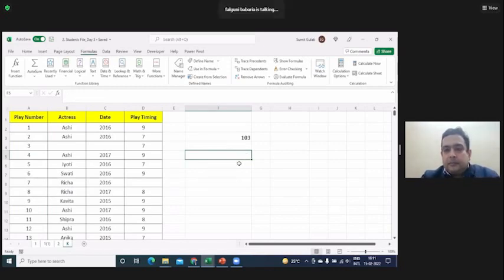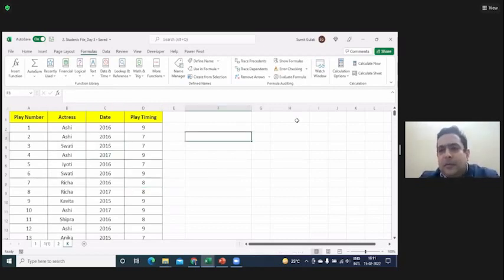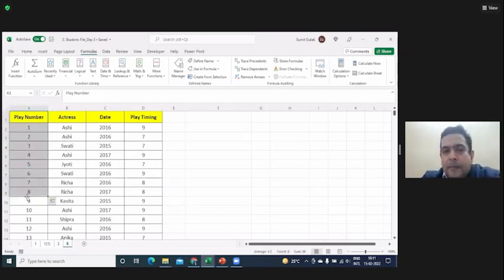Yes, sir. I tell you what Sunil was asking, is there any importance of this play number column? There may be not, but there may be how. If some data is missing, suppose ASCII is missing from here, 2016 from here, and it's a big data and it's randomly named play numbers, 1, 2, 3, 4 तो दिखते हैं randomly.